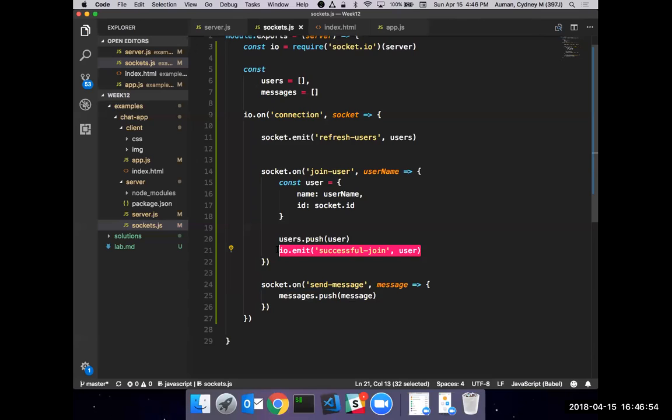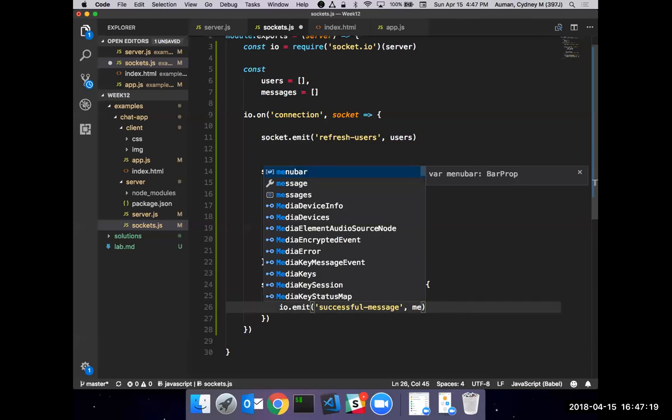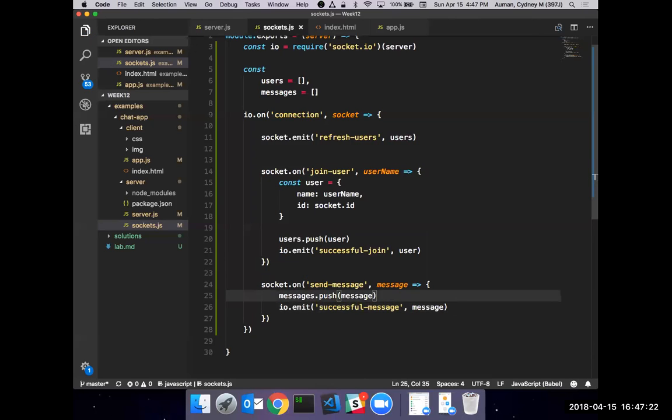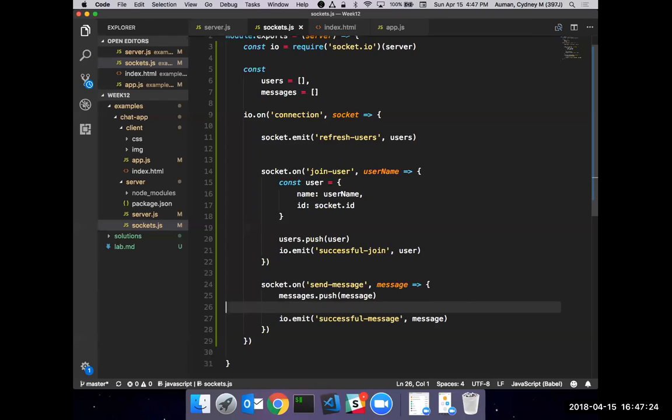And then maybe we're going to want to send a successful situation back to say, hey, we did indeed get this message. We could call it successful message. And all we need to send back is the message itself to say we received it. Here's the message that you sent us, and we're saying that we got it back.